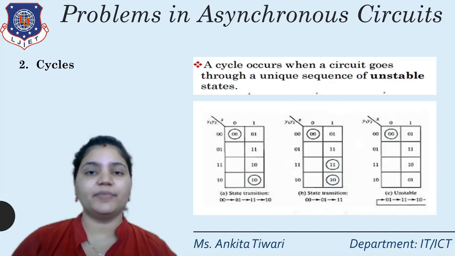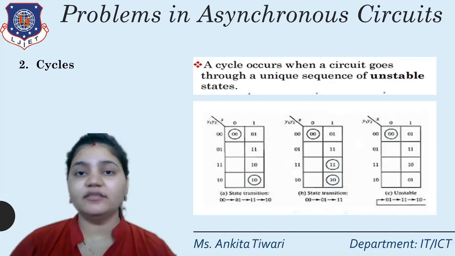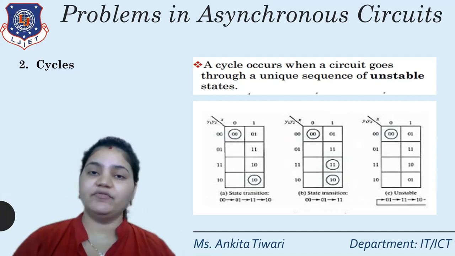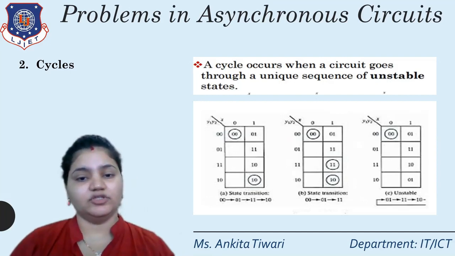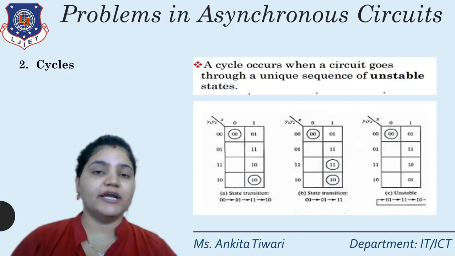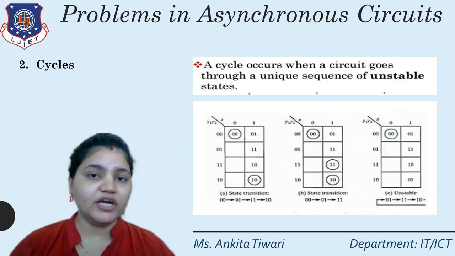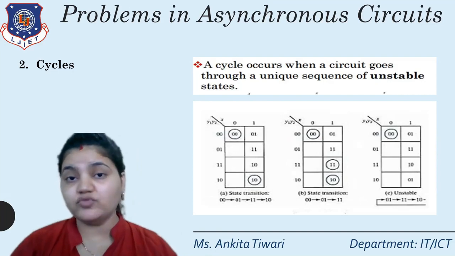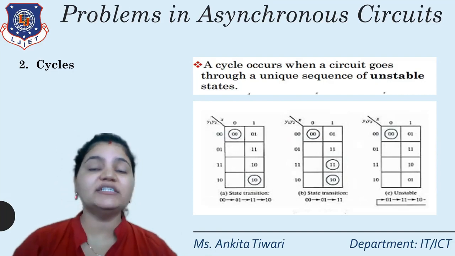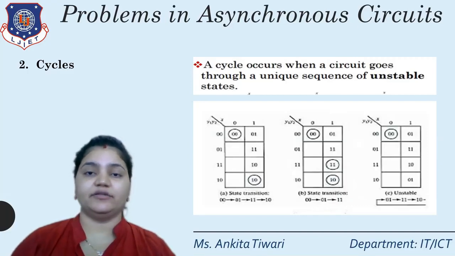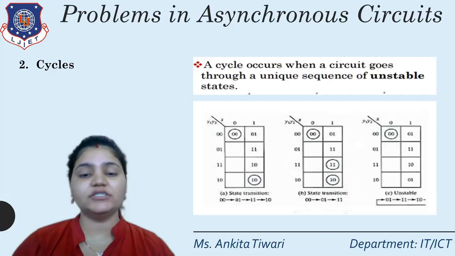Now here, as you can see, the present state is 0, 0. Now there is a possibility of three conditions for the next state. It can be 1, 1, it can be 1, 0, it can be 1, 0, 1. So with respect to that, we can have two values: it can be 1, 1 or it can be 1, 0. There is a possibility of both conditions happening at the same time or no condition happening. So this is what a cycle is, when we do not know the sequence, in the form of unstable states. So this is a problem in asynchronous counters.